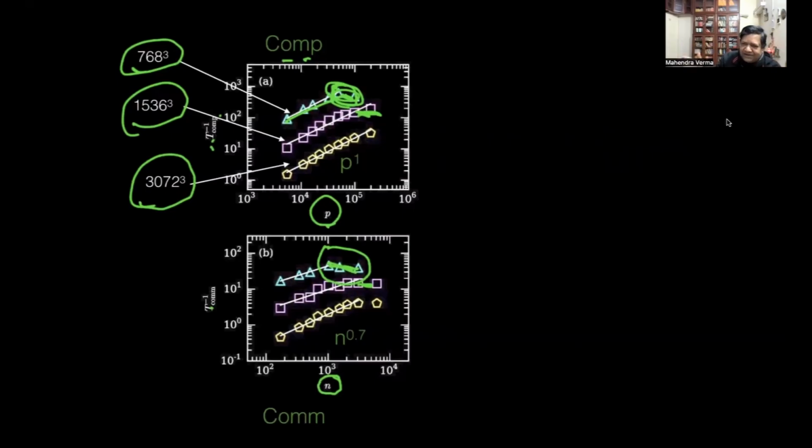You should send a whole box of letters. So here, if you have more nodes and only little data, 768 cube, then I'm not doing good communication. There should be enough data. In fact, it gets worse, you see, it is getting worse.